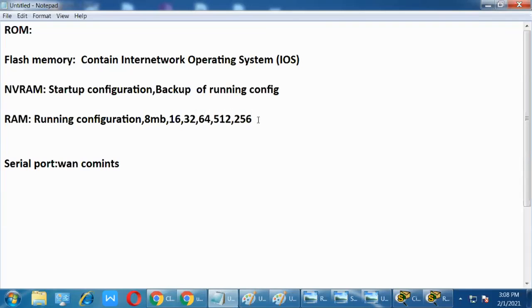Router has less memory because we don't have GB. Why? Because the router does not maintain information. Router maintains only IP addressing and routing protocols. That's it, small configuration. So that is the reason it does not require that much memory. It only provides network communication. Router is not storage, not data storage or information storage. Clear, guys?